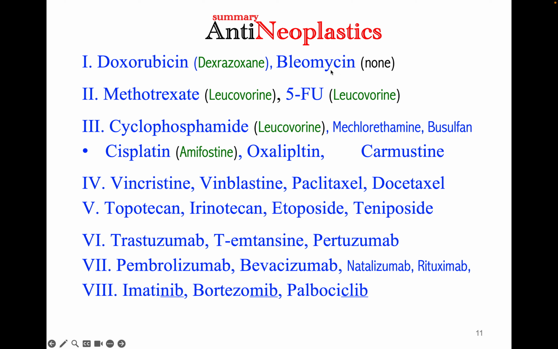Bleomycin is a bone marrow sparing drug, but it can cause irreversible adverse effects in the lungs. Okay, so these two drugs are the most commonly asked board questions. And the next group of drugs,